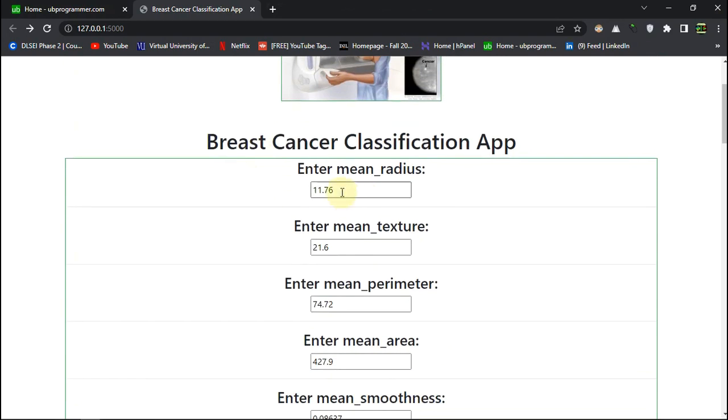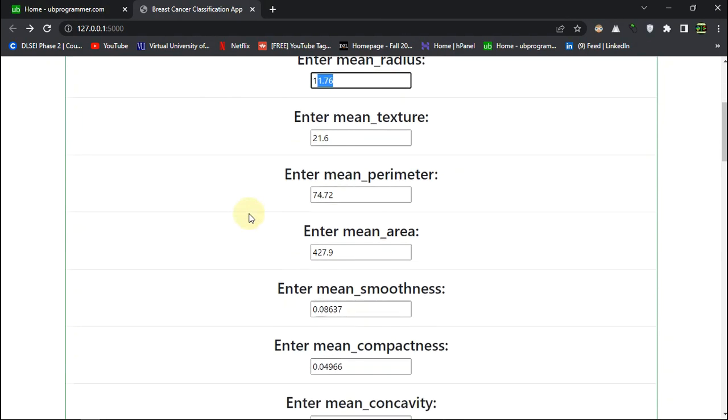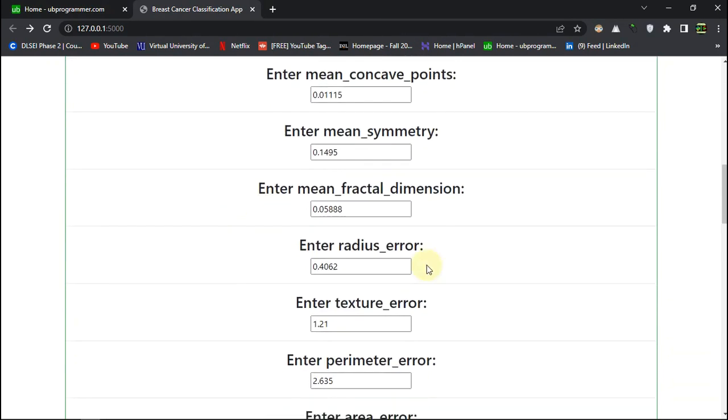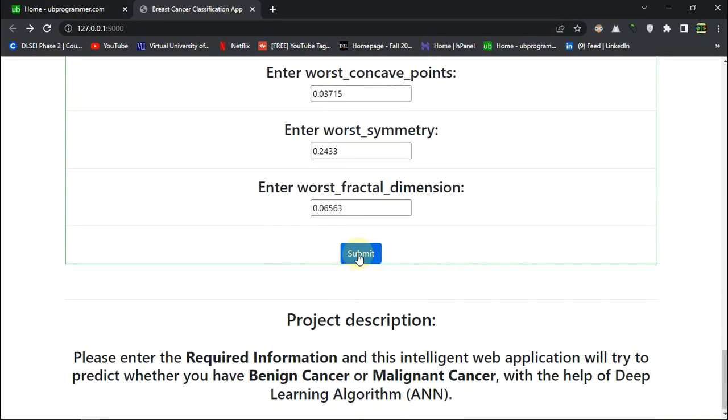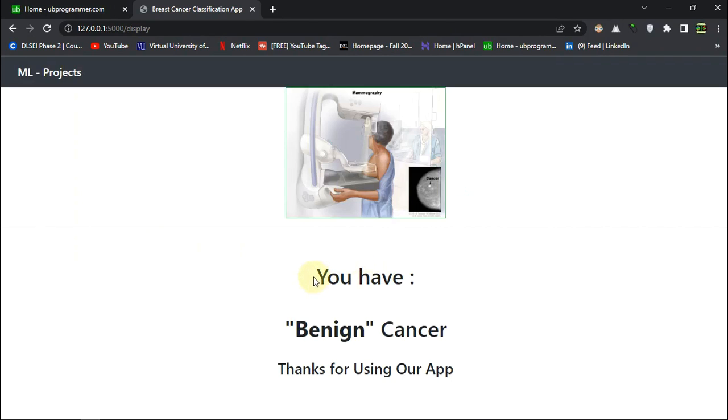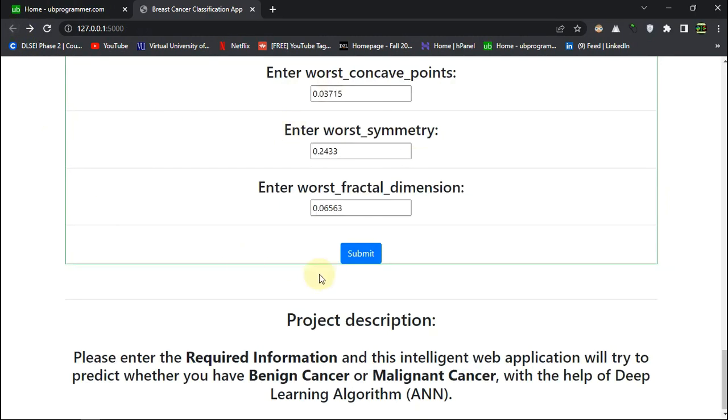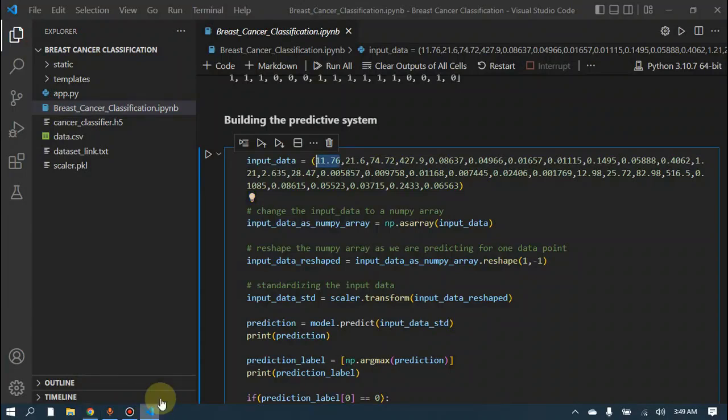So I have input some parameters according to my data set, and let me just hit this submit button and see what we get. So it is saying you have benign cancer, which is obviously predicted according to those parameters which have been entered here, right? So let's just see the code